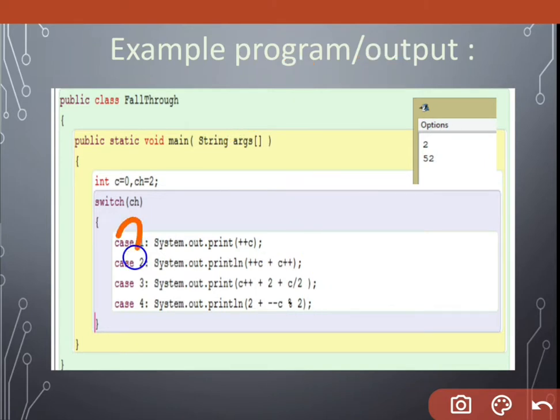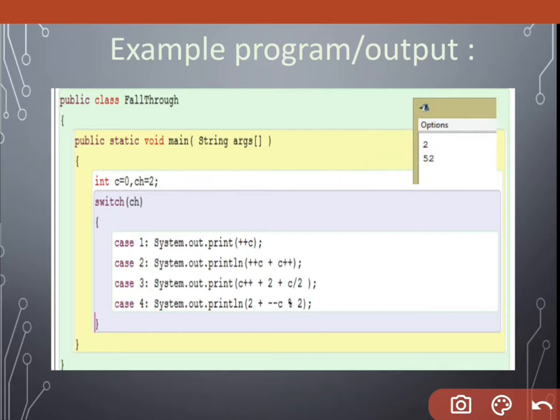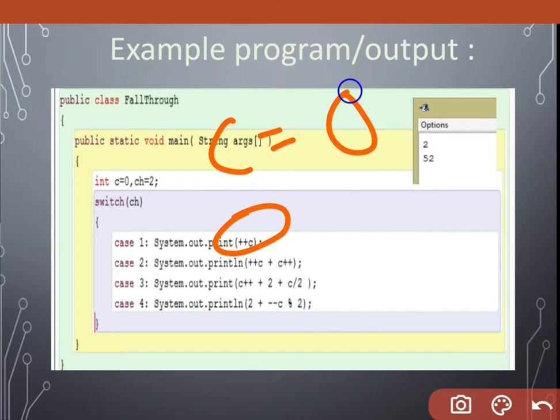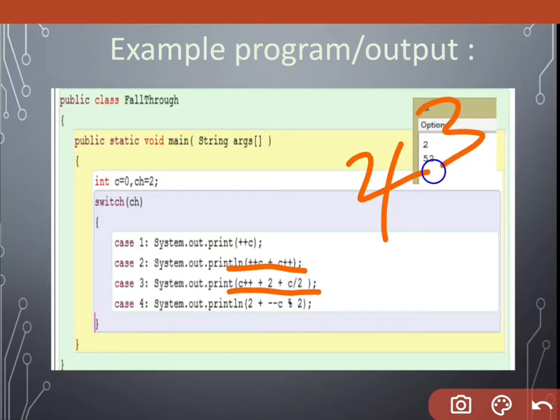And see, in this line what I had written: 2 plus --c mod 2. The present value of c is, actually it is converted. See, previously c is 0 and then I cut it and converted it into 2, and from here it is converted into 3.